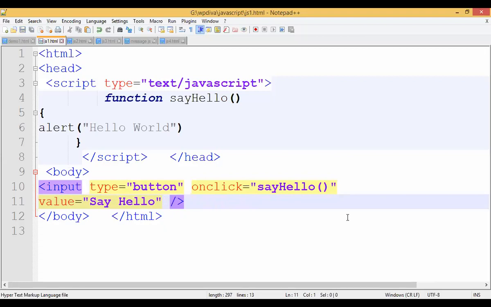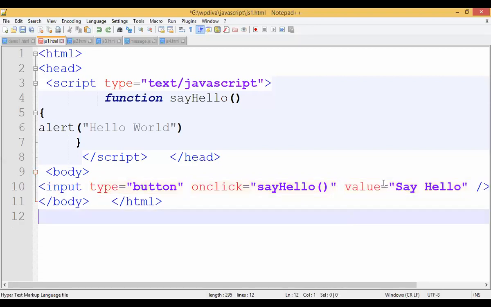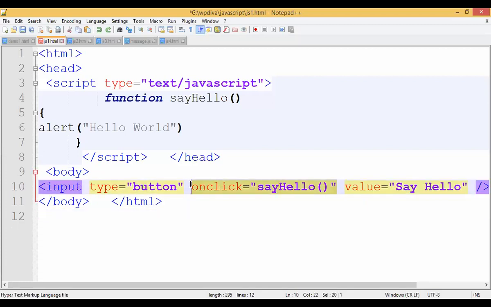At that time, students, I will prefer the word ID. Right now I am not taking anything like that. So I will just skip that ID, and the value will be the message that is displayed inside that button. Okay. Now, one new thing you are noticing on the screen. What is that? onclick equals say hello.